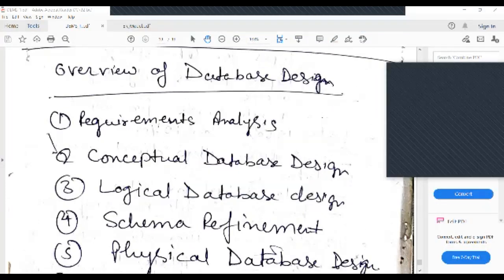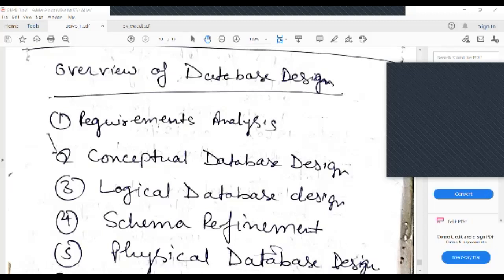Okay. The important thing is that till now, whatever we have discussed is related to the basics of the database management system. We have discussed what is a database management system, what is a file system, what is the architecture of a database management system, what are the various users of the database management system, what is a DBA, what are the roles and responsibilities of the DBA, what are the various models that have been proposed by the scientists like the network model and the hierarchical model. Okay, what are the pros and cons related to the hierarchical and network models?